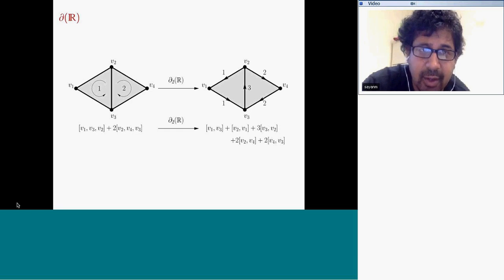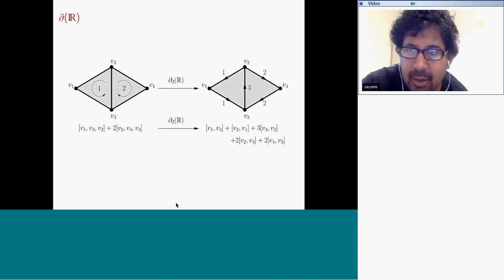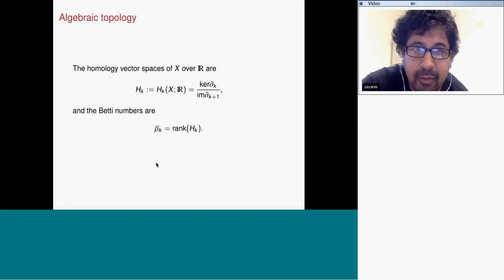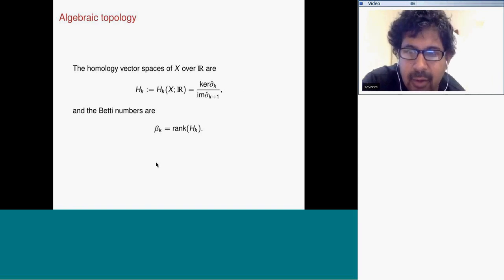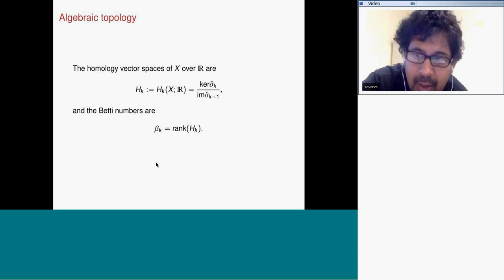And this is a picture. If I have a complex and they're oriented and I have them labeled, if I apply a boundary map to them, you go from left to the right. Now, one of the ideas why this is often called algebraic topology is that you can say something about the Betti numbers, and you can say something about the homology groups using algebra.